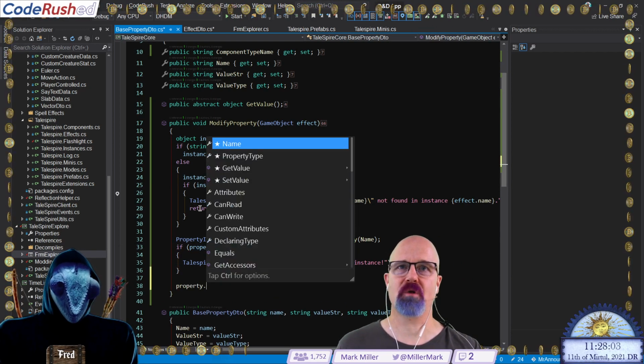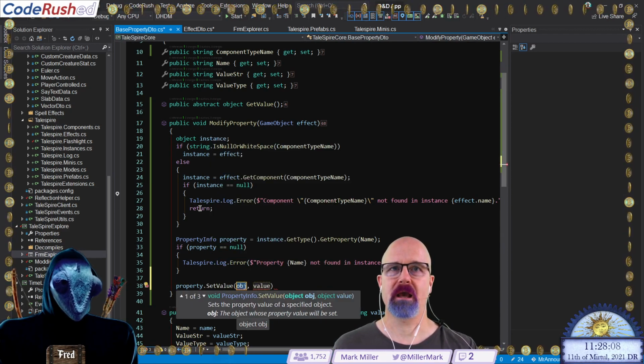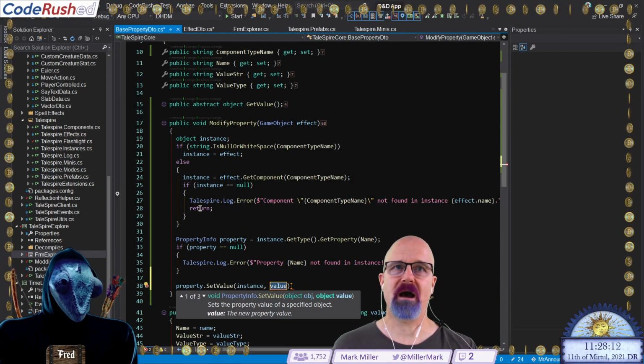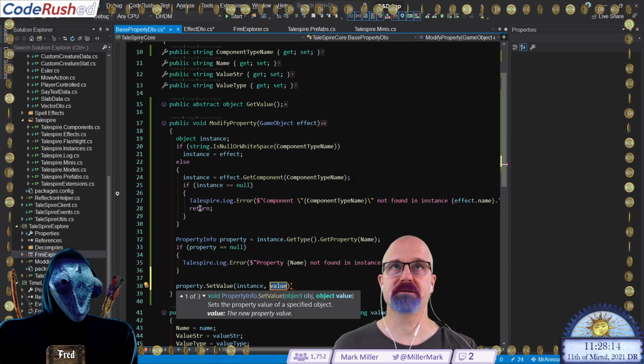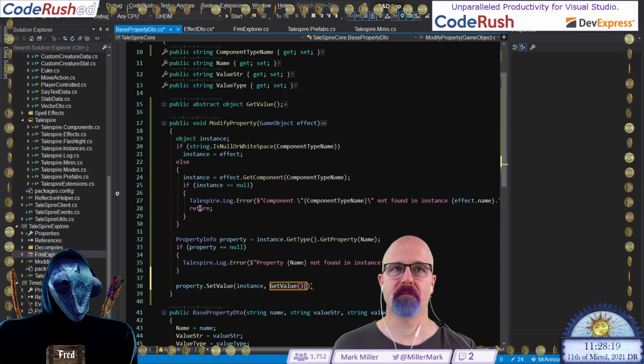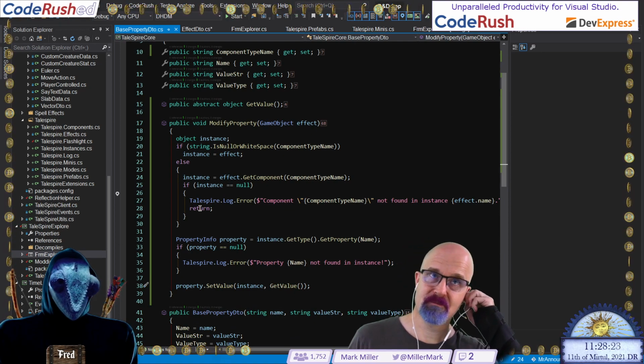We can now come in and say property dot set value, and this is the instance right there. The value is going to be a call to get value. Okay? Yep.